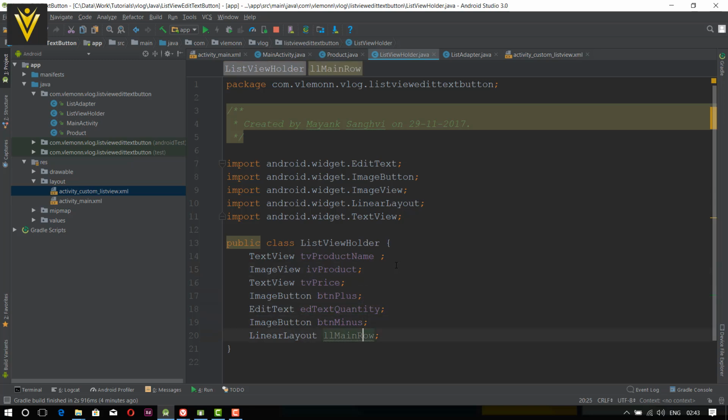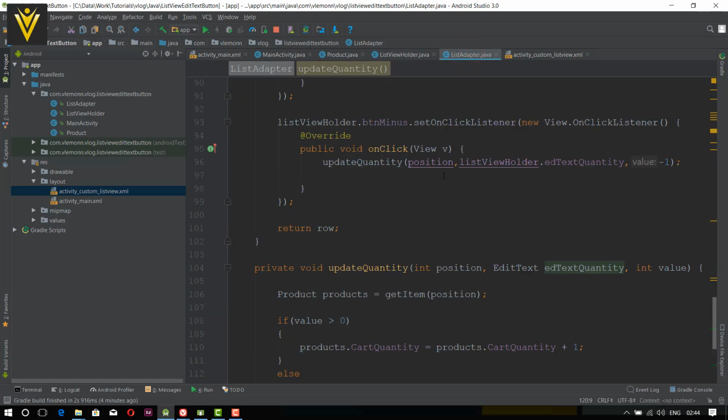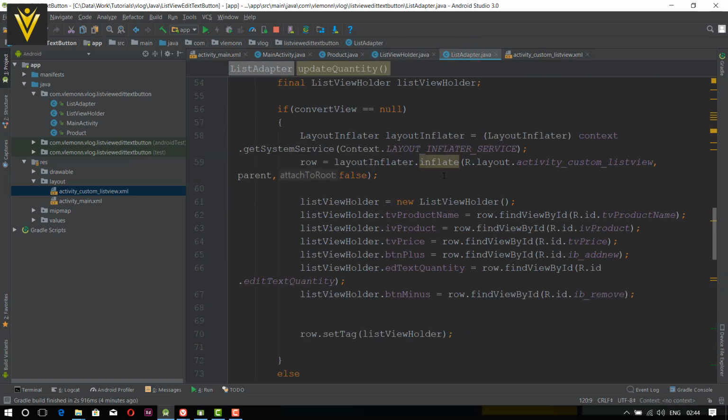I added one more linear layout here, and we are not using the linear layout. Why did I add this linear layout and why am I not using it? I just want to show you one more thing inside our list adapter. Here we are going to find only those views which we are going to use. There is no need to find the linear layout and store it in the list view holder. Why? Because we are not using it. Why find your linear layout? Why store your linear layout inside memory if you are not going to use it? So that's why